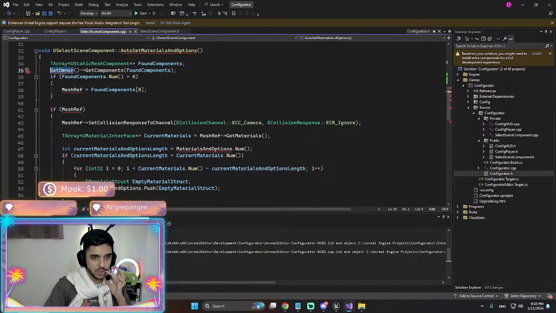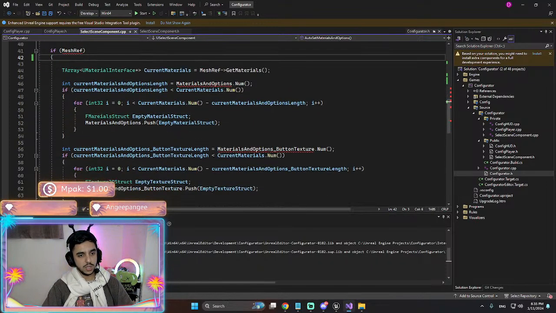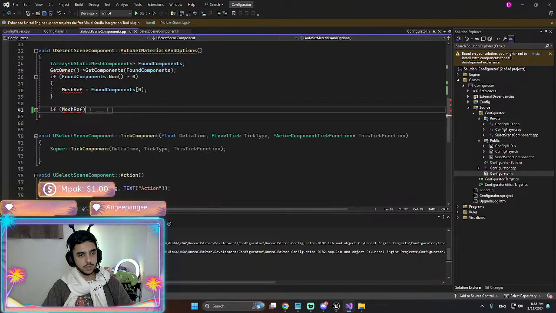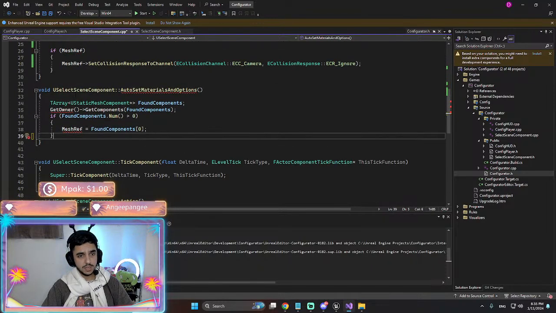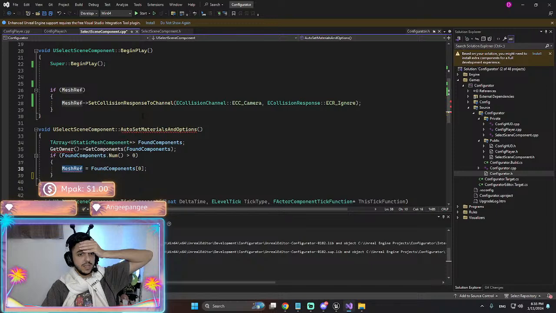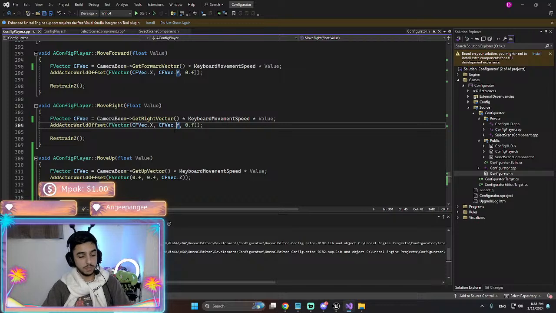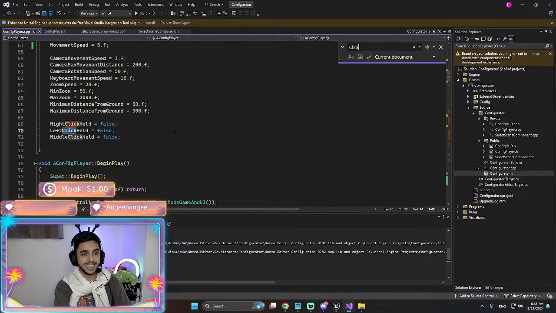I am no longer changing the materials. We already set the collision system. It's done now. Yeah, this part I don't need it. Actually, this whole component I don't think I need it anymore. But this is very important as well. I believe this is done here in config player. So whenever you click, we get a reference of what's clicked on. And that's in player component. I'm gonna find it. Click.